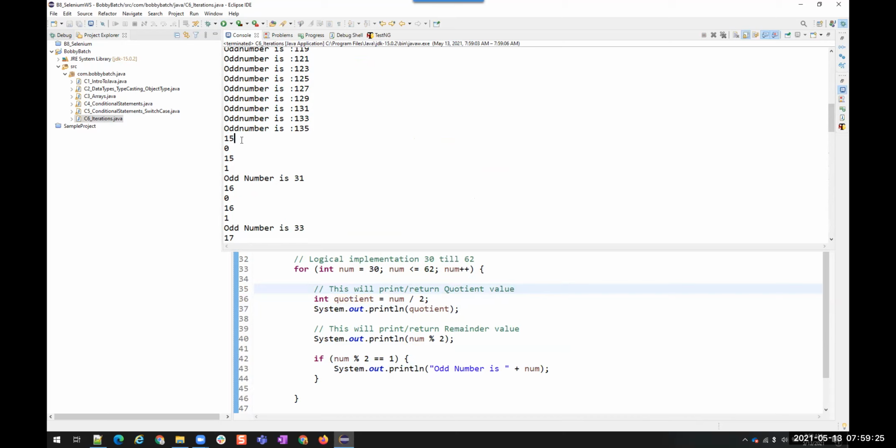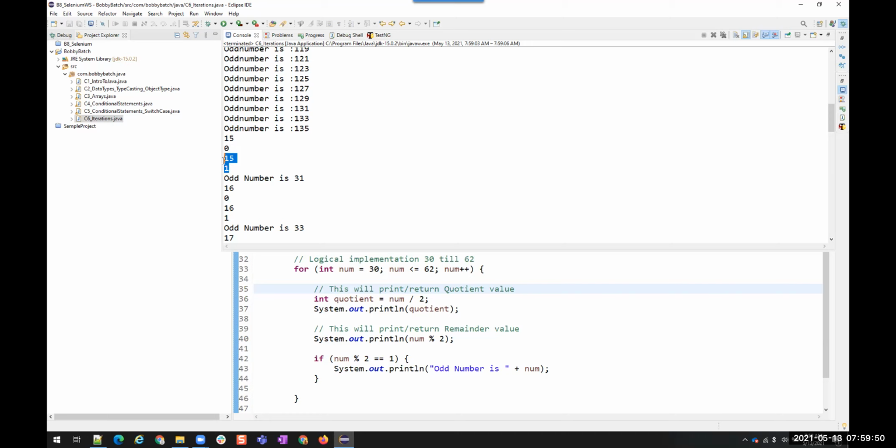When you divide 30 by 2, what will be the quotient? 2 15s are 30, right? So you see 15 and 0. This is the quotient and this is the remainder. Is it an odd number if the remainder is 0? No, it's an even number, so it is not printing the number.